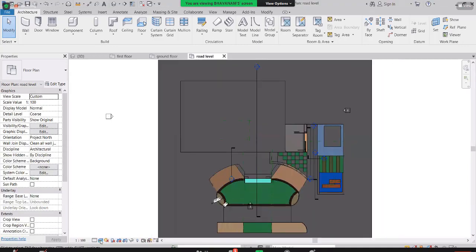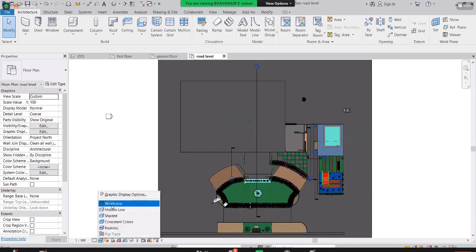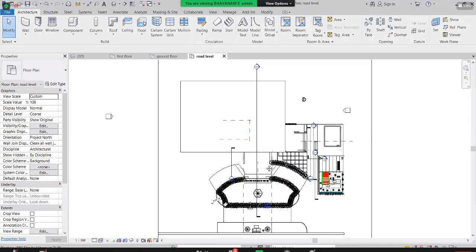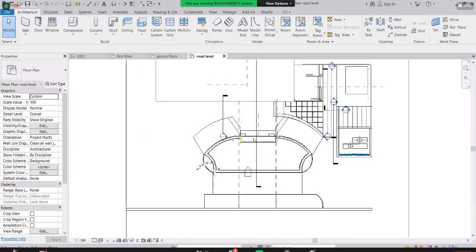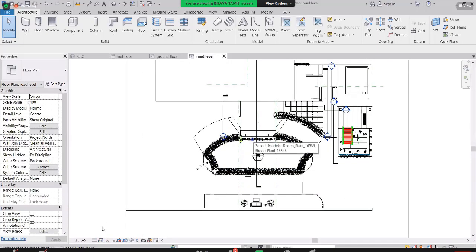So like that you can see. Suppose I choose a wireframe, so it looks like a wireframe. It doesn't look attractive, but whenever you are working, you need to work on a wireframe only. Why? Because if you are working on a wireframe, your modeling will be easy. If you make it realistic and you are going to model, every time it will be updating. So that's why you can't work with realistic here. Every time we are working, we need to choose the workspace as a wireframe, and after that we can manipulate it.